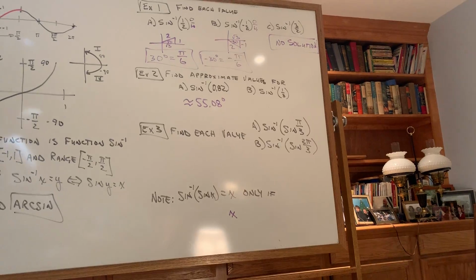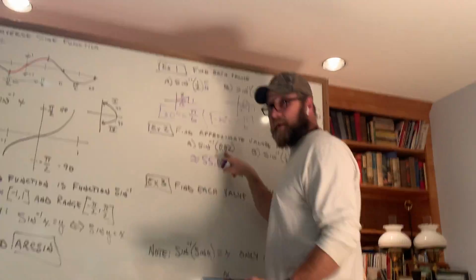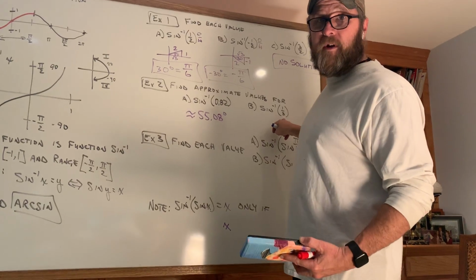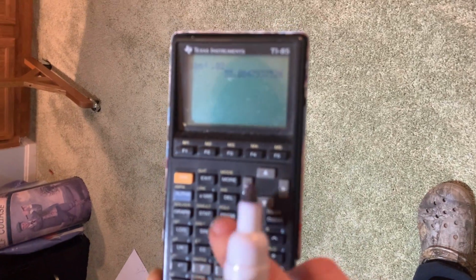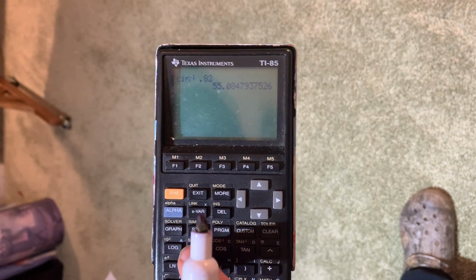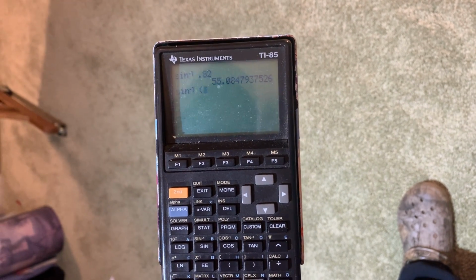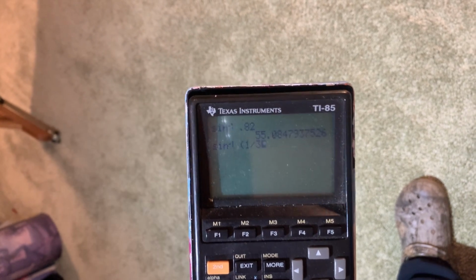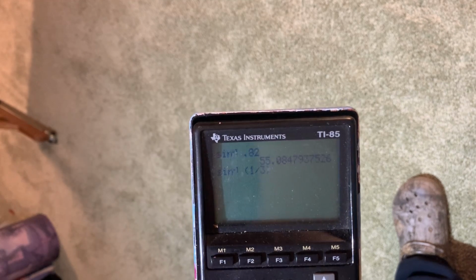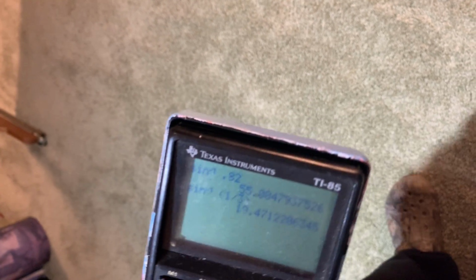I'm going to go with the 55.08, okay? So now this one, when I have a fraction, 1/3, look at that, right? 0.82 falls within the domain, and 1/3 falls within the domain too, so I can put these in. And I'll show you after this what 3/2 does. It's really funky. This time we're going to go with the inverse sine parentheses. Please make sure that you parenthesize 1 divided by 3, because 1 divided by 3 is the same as 1/3. Close the parentheses, and I'm going to get 19.471,